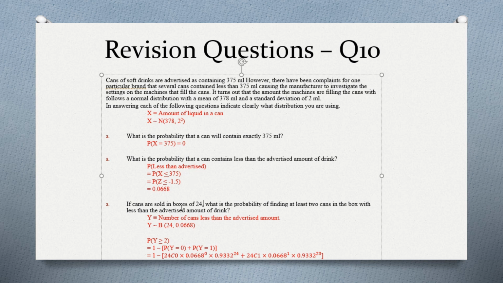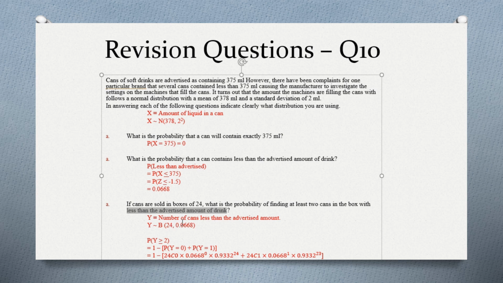If cans are sold in boxes of 24, what does this tell you? It's a binomial distribution, your n is 24. What is the probability of finding at least 2? This is what this part of the question is here. I told you, first part gives you n. Second part gives you the number you are calculating. And the last part gives you the event. Number of cans less than the advertised amount. So n is 24 and your p will be